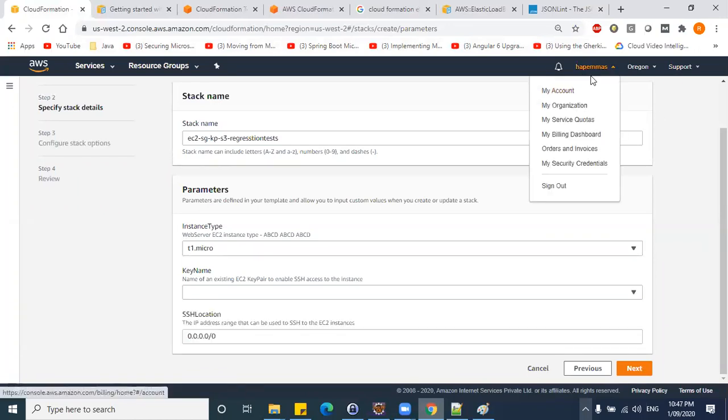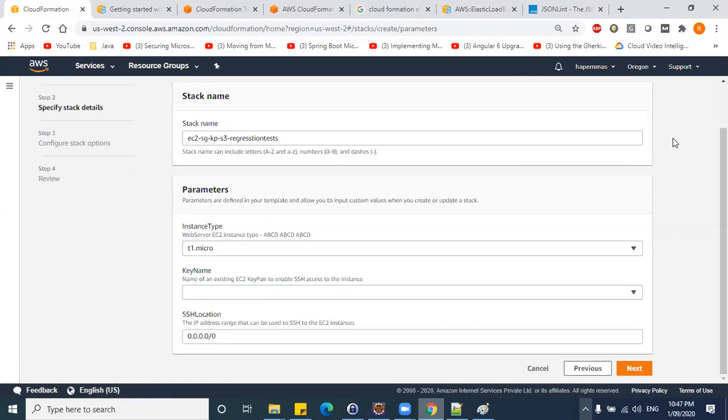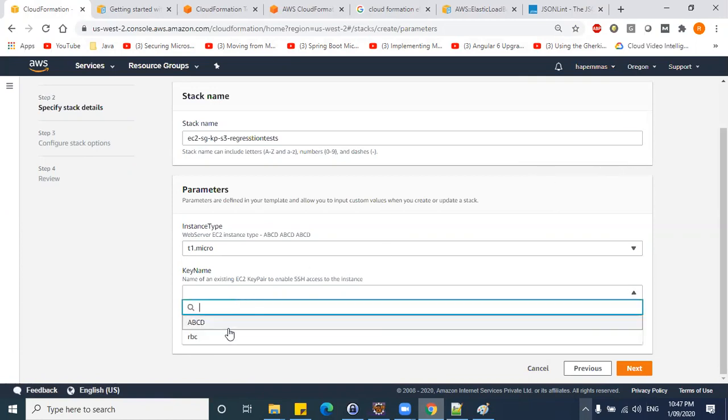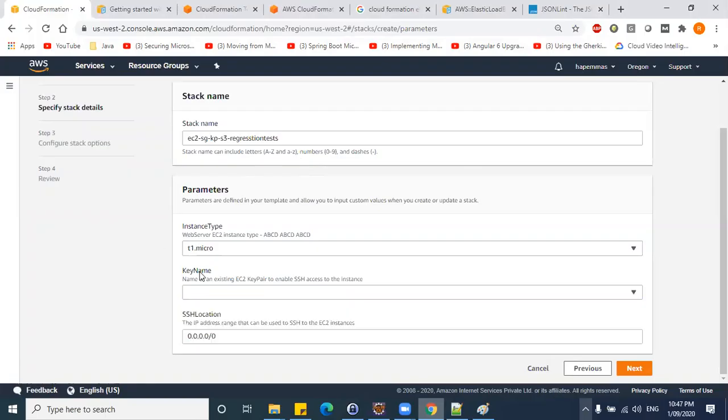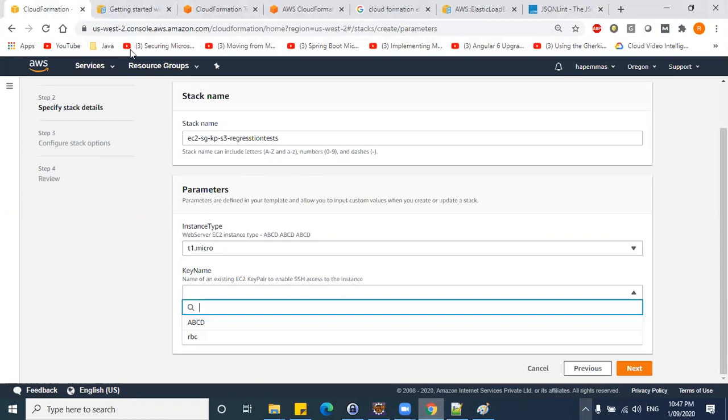I have logged in with a different account. I'm not sure whether I have this key. Let's try. If you go to my EC2 console,